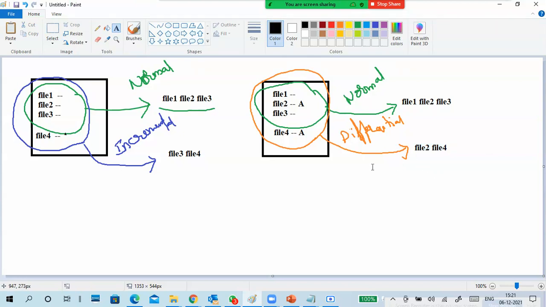What is the use of this differential and incremental? That was also explained last time, but again I will explain. So clearly, listen. Backup is a very important thing. Why? Because there is a chance. So risk management.